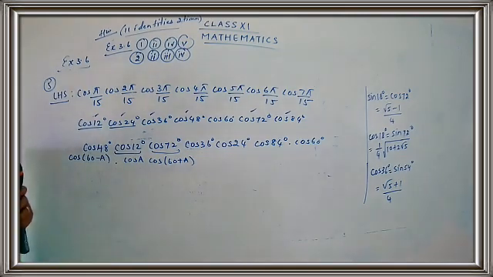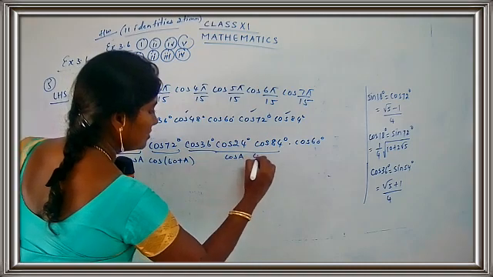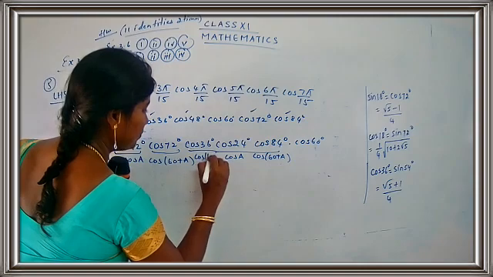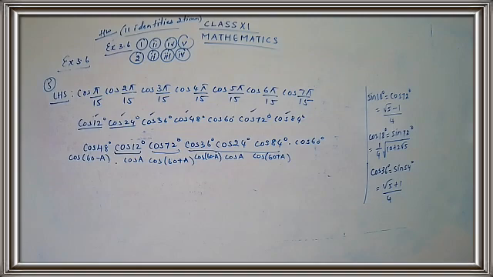So what formula are you going to use here? Again, we are going to use a formula here. Cos A, this is cos 60 plus A, this is cos of 60 minus A. So I have two sets of pairs. Okay, so cos 60 minus A, cos A into cos 60 plus A. Then again one same pair.